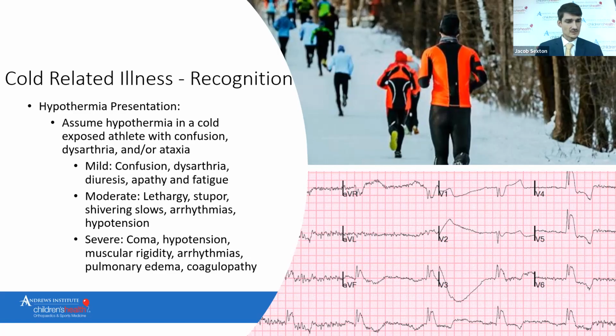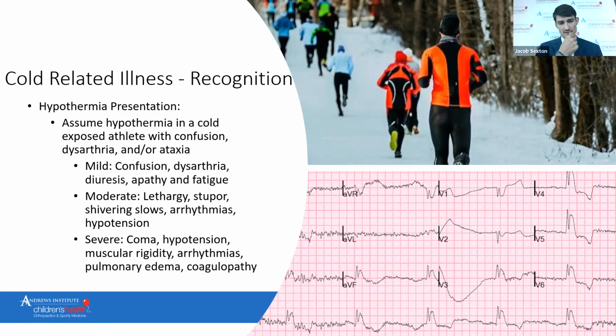The bottom right image is the one I always like to use. This is an EKG reading of somebody who has hypothermia. The first thing you notice is they're going to be bradycardic, so their heart rate is very slow at this point, which is one of the effects of cold exposure. The next thing you see is their QRS complex, so their ventricular contraction, is widened. So there's actually a delay occurring with their ventricular contraction.